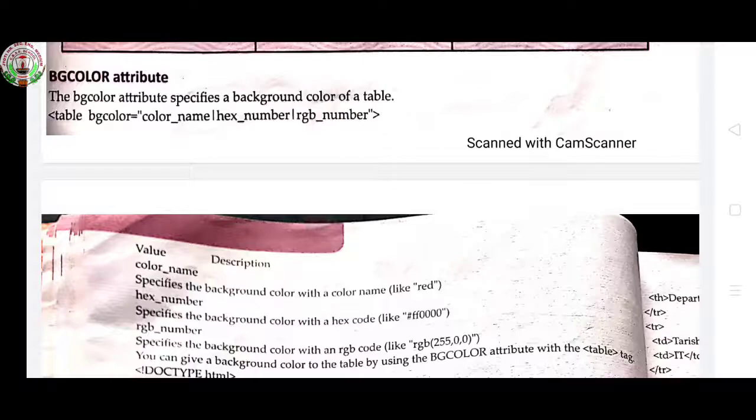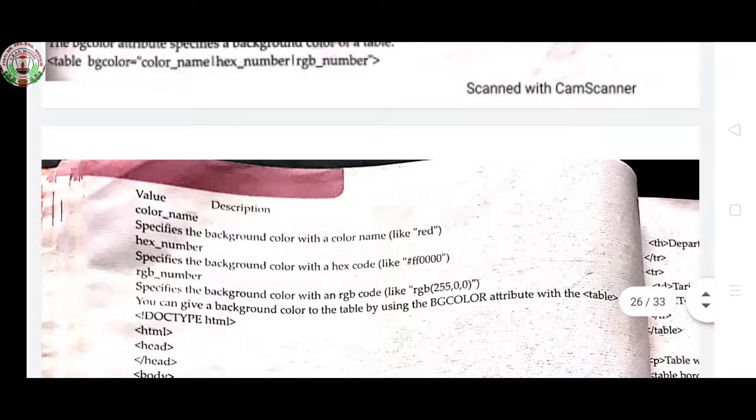Three ways you can enter BG color. First is easy, that is color name. Everyone knows color names, so you can write the color name. If you don't want to enter color name, then you can write hex number. Then if you don't want to write hex number also, then you can write RGB number. So there are three types you can enter BG color.